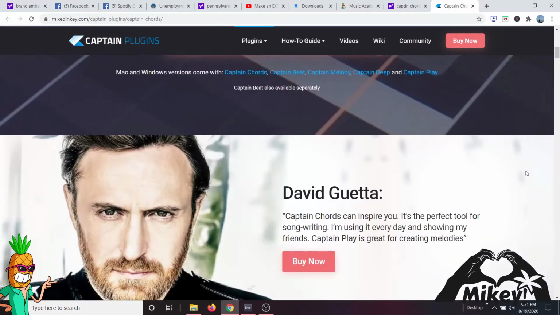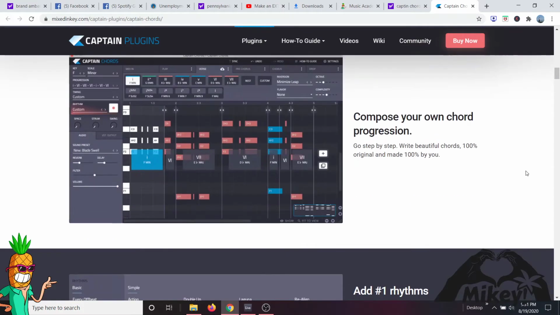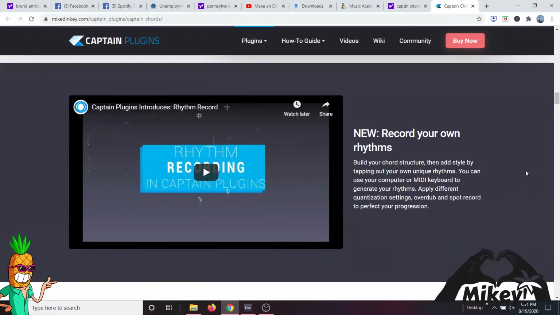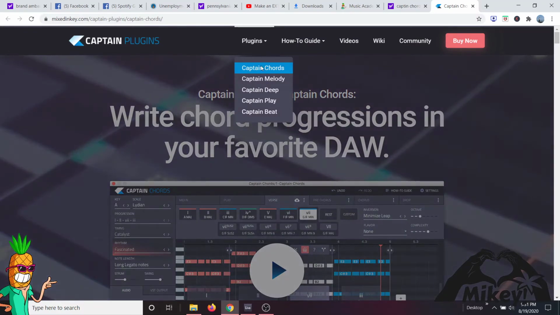You may find all of their Captain tools great, but at least for me, Captain Chords and Captain Melody, which I think you might be able to see here. Yeah, Captain Chords and Captain Melody. The other ones are good, I just don't use them as much. But I'd probably just get them all to have them because